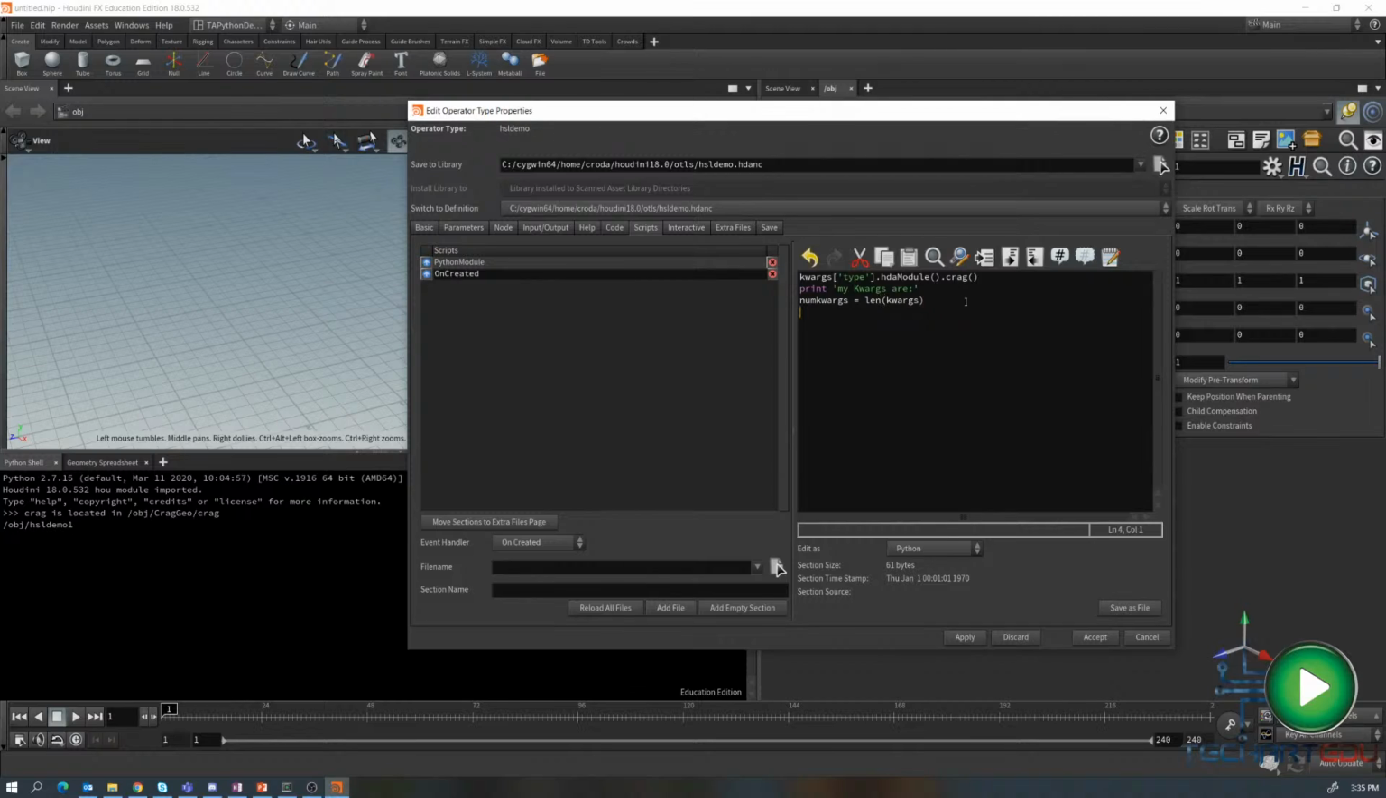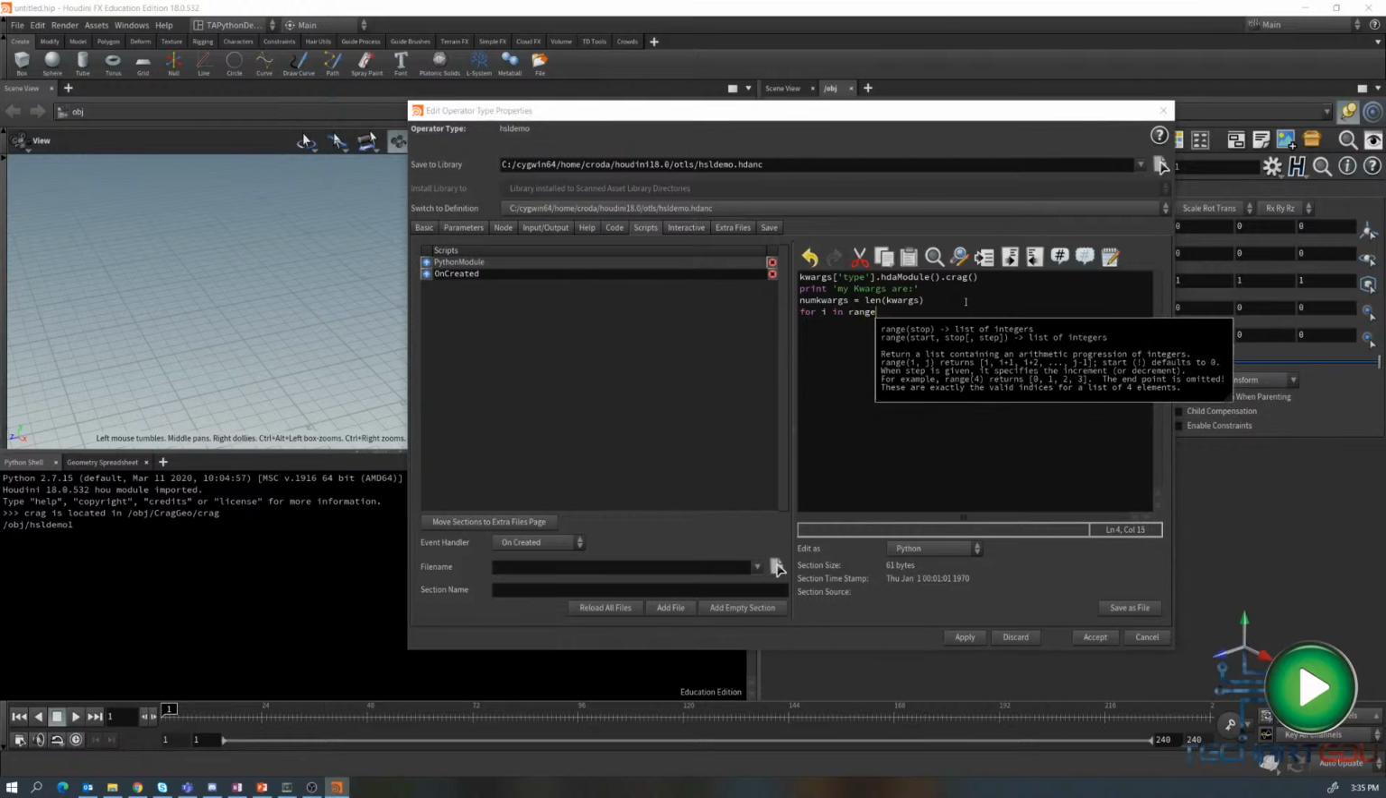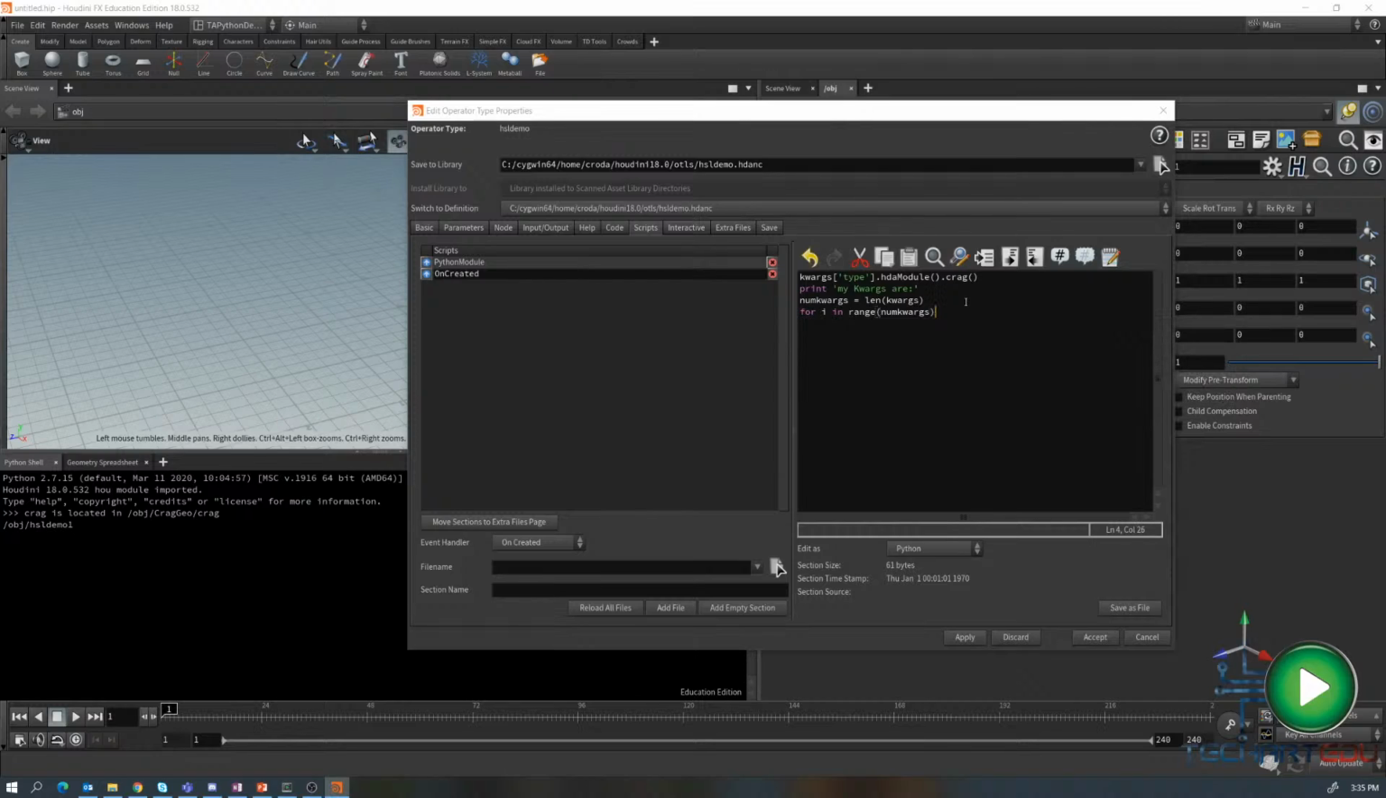So we're going to go for i in range num kwargs. Okay. So what this is going to do, range num kwargs is going to recreate a list that goes from 0 all the way to the number of kwargs, and that is going to be embedded in the iterator called i. And then we're going to say print,